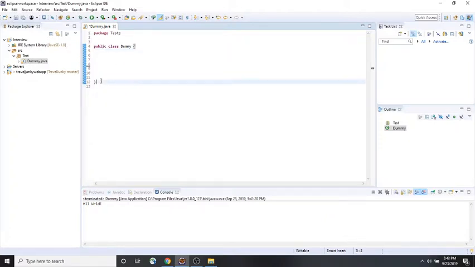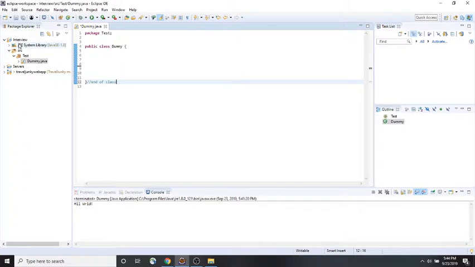So I'm going to go ahead and code out how you would remove the vowels from a string. Okay, so I'm in Eclipse here, and I have already created a folder and a package called test, and I'm just going to name this class dummy. Going to be a pretty simple program here,